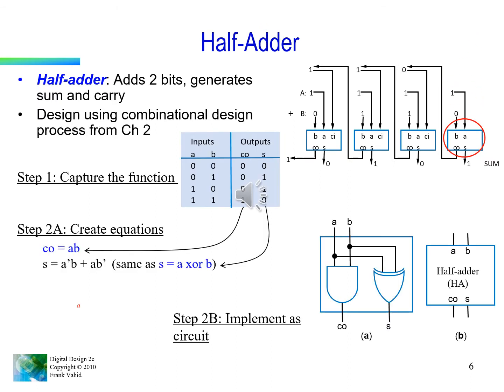Okay, you can see a half adder over here. A half adder is an adder that adds 2 bits, 1 bit A and 1 bit B, and gives the output as a sum and carry out. You can make a truth table for this and then derive the equations for sum and carry. The sum is XOR of A and B, and the carry out is AB. We have already studied the half adder in DLD and many other subjects.